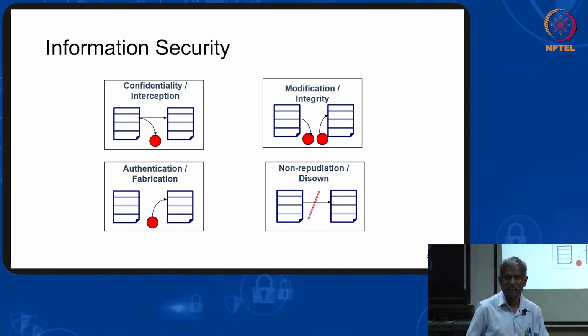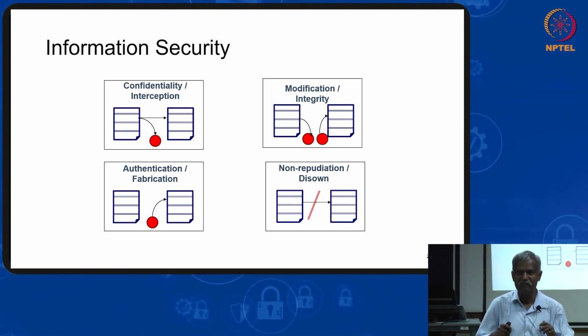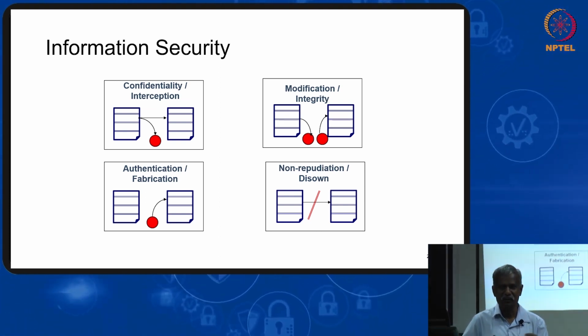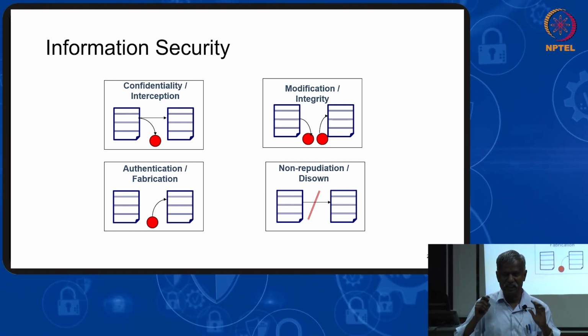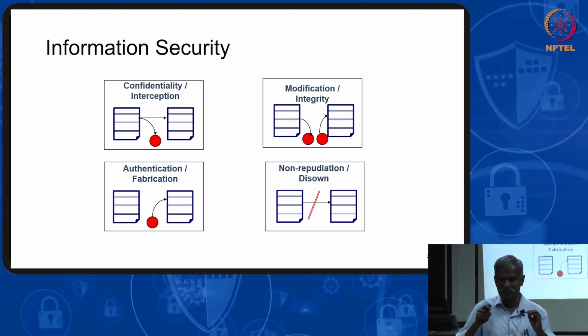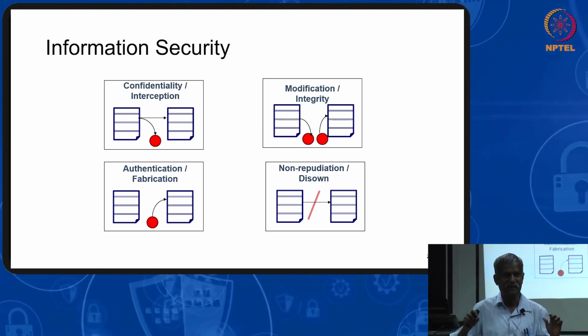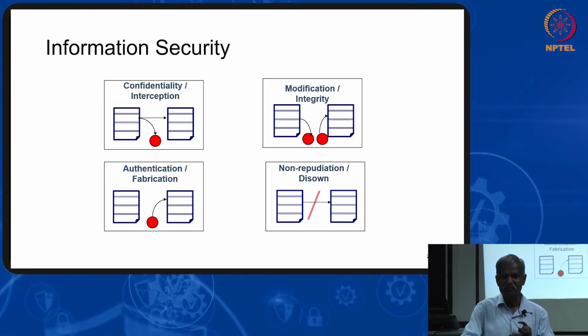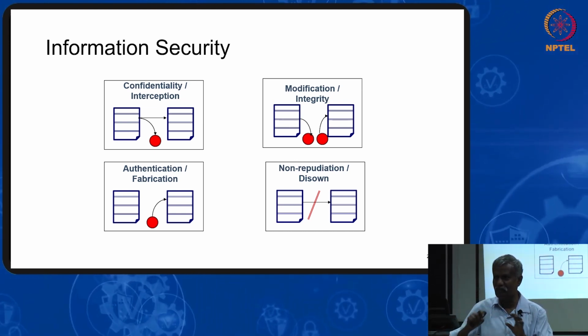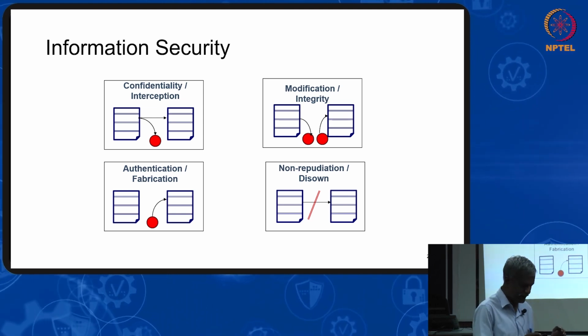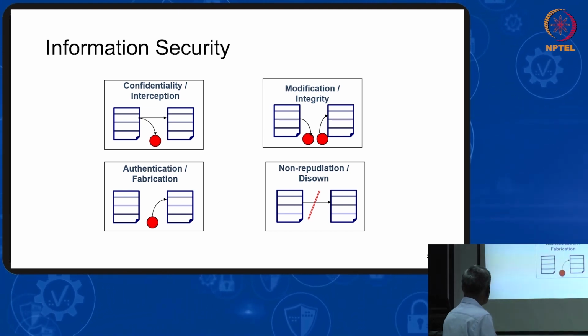This problem is called the integrity problem. Integrity means who can modify and who should not be allowed to modify. So we should not allow modification of the message by any intermediate person. The sender should send it, and the receiver should receive it in the same form in which it was sent. That is the second. Third,